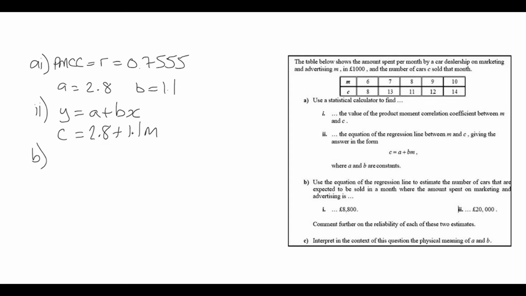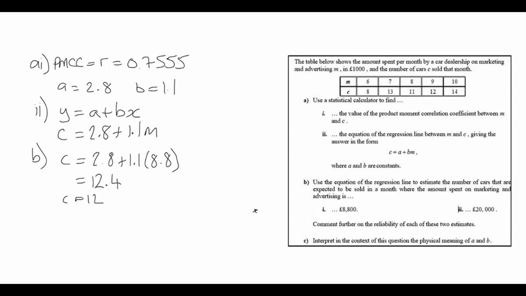Part B of the question asks us to use that regression line to estimate how many cars might be sold in a month where there was either £8,800 invested in marketing or £20,000 invested in marketing. For the 8,800, we're just going to substitute 8.8 because M was already in thousands. So substitute 8.8 and we get 12.4 cars, or to round it, we get approximately 12 cars